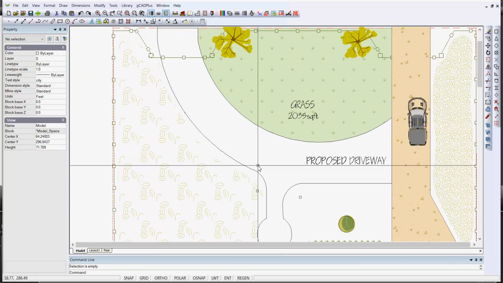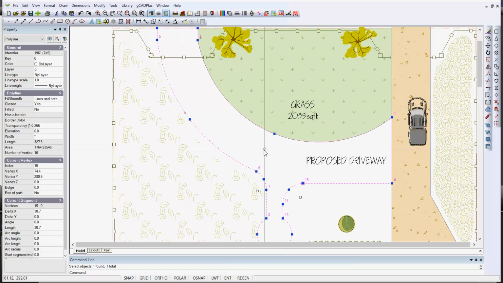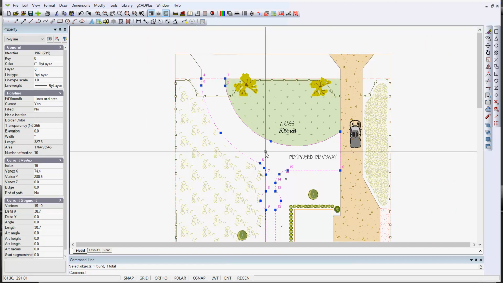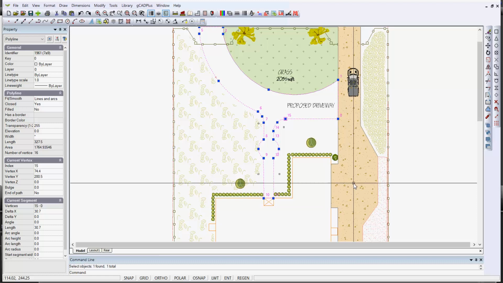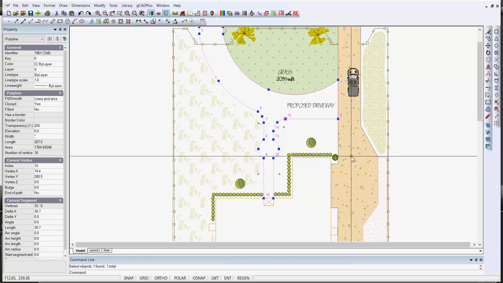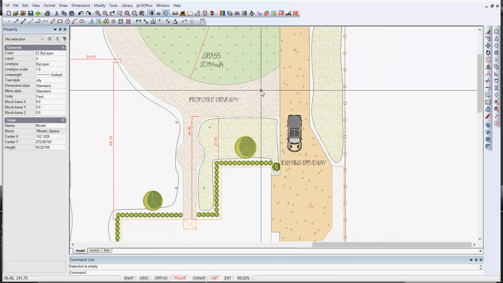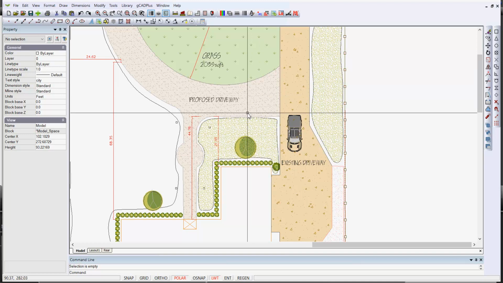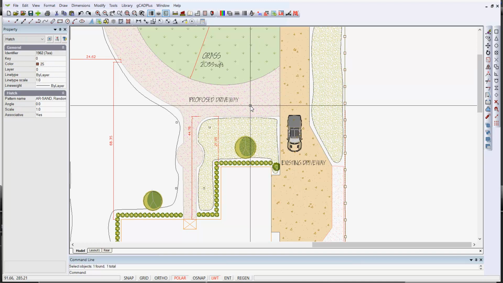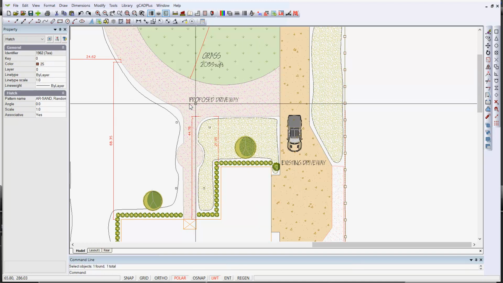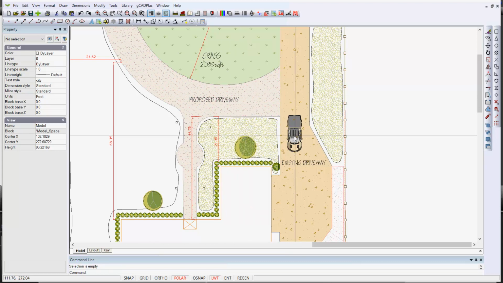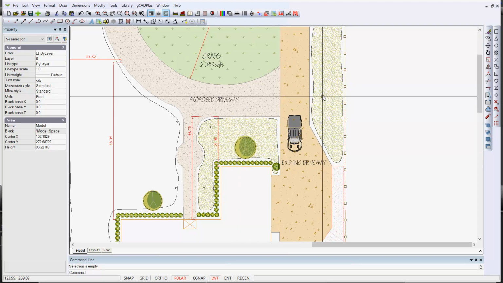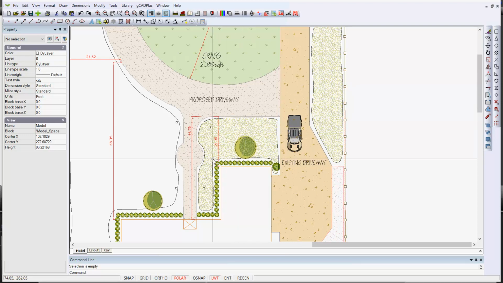So we're now in a position to hatch that space with whatever is appropriate for the design. I would not want it to be as heavy as the main driveway. Once the polyline has been drawn and it's closed, it's a relatively easy matter to hatch it, and I've hatched it with the AR sand pattern here. I want to have some indication. This is just a concept plan, so I want to indicate some heavy planting here, some more planting through there